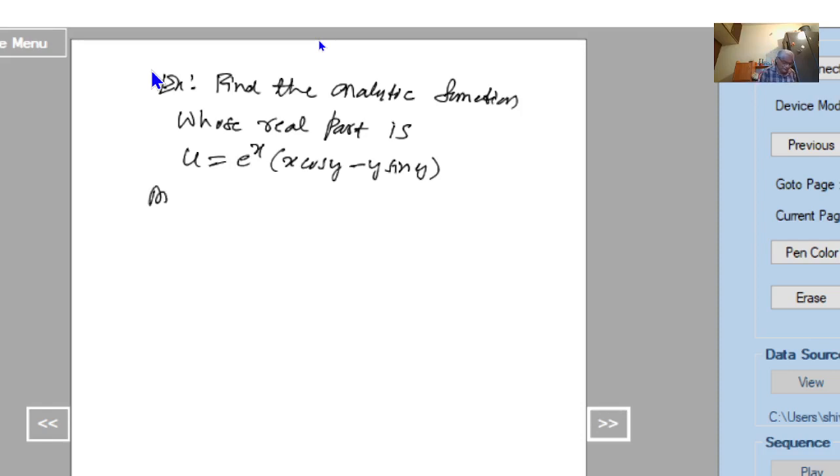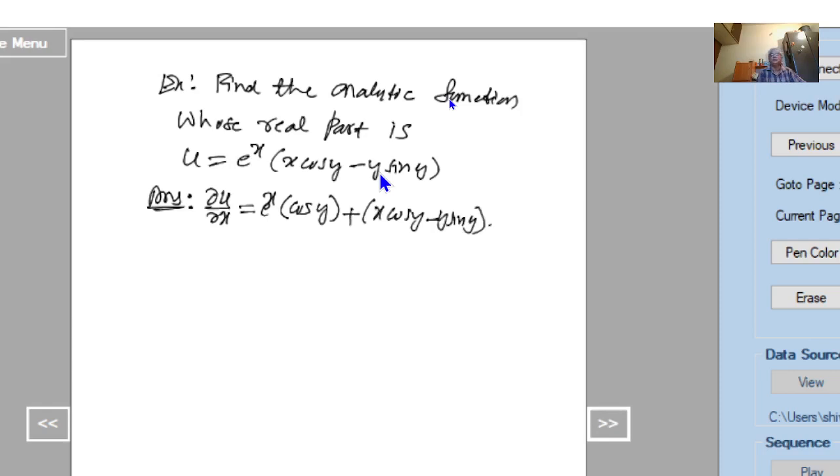Now the same method, first we find out dou u by dou x is equal to, see here, this is a function of x, this is also a function of x. Okay, we have to use the product rule. First function e power of x into, within this bracket, we are differentiating with respect to x. The first term derivative, cos y is a constant quantity, x derivative is equal to 1, minus, these two are constant quantities, therefore its derivative is 0, plus second function is x cos y minus y sin y into derivative of the first, e raised to x derivative e raised to x, and at x equal to z and y equal to 0, we are getting dou u by dou x is equal to